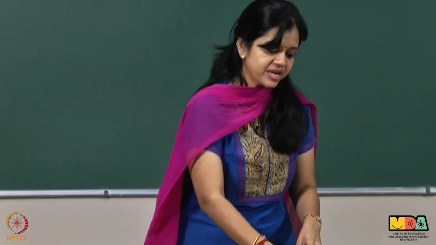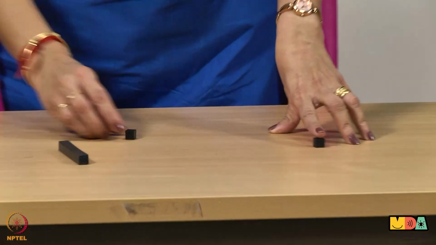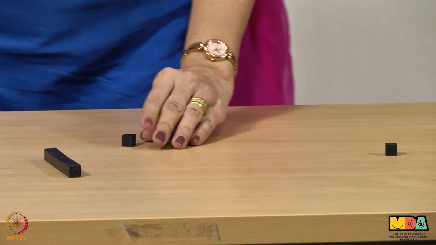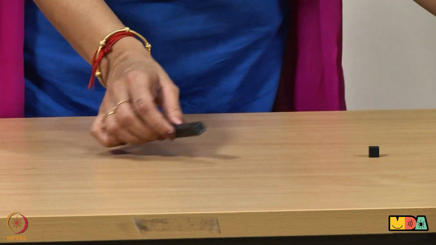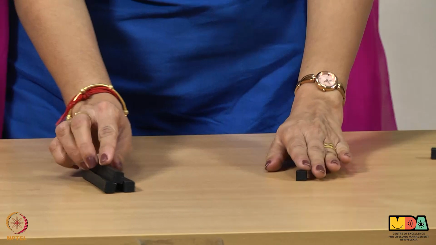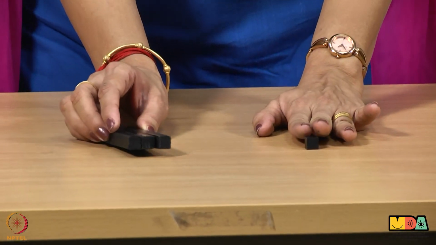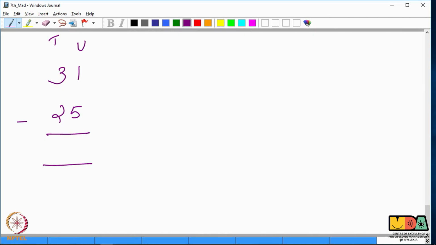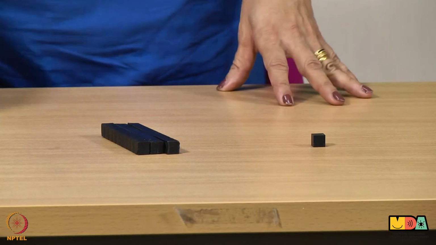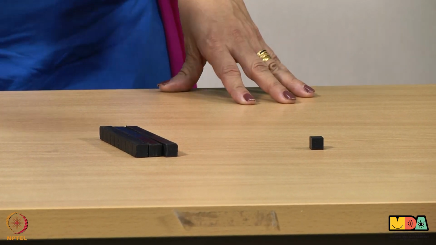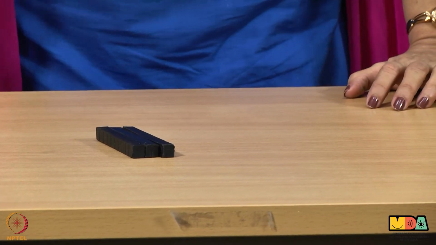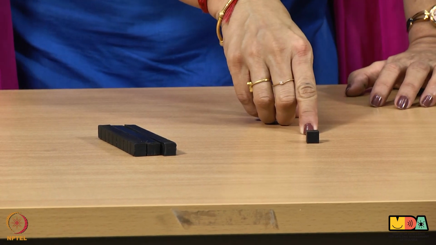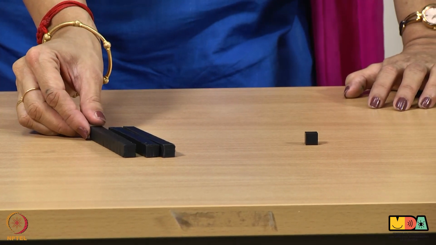Now, let us use manipulatives once again. Take 1, that means you are going to take 1 of the units and place it in the units column, and you have to take 3 that will represent the tens column. So, having 3 rods and 1 cube will stand for 31, and make them look into the sign, that is minus. That means they have to remove. How many should they remove? They have to remove 5 from the units, but they can't remove 5 because they have only 1. So, what should they do? They have to borrow it from the next column.